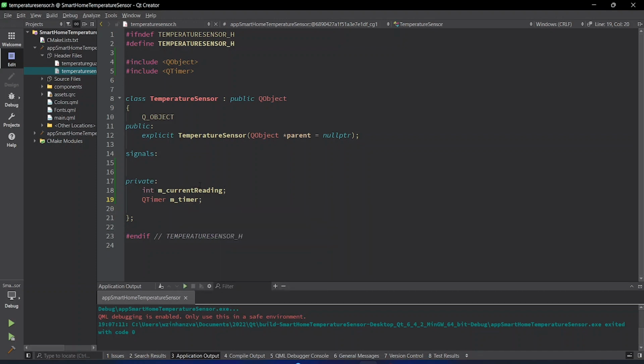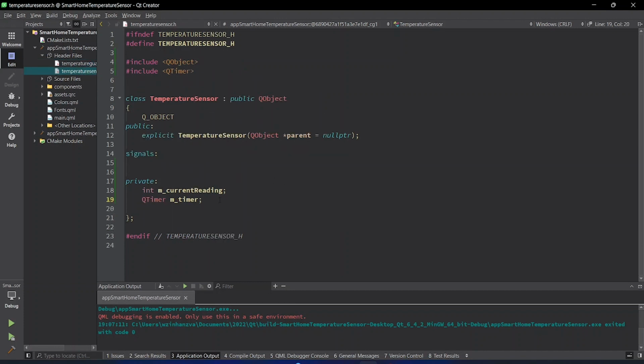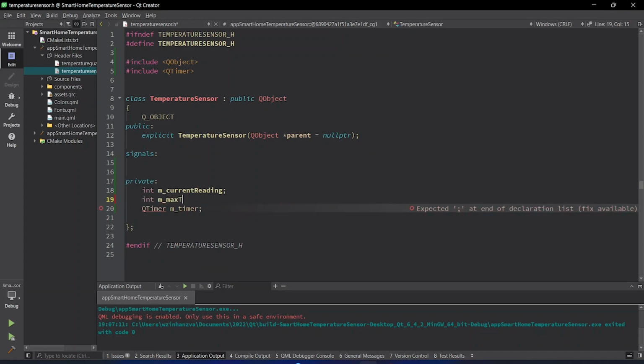If you recall from the previous section, I mentioned when we did this temperature gauge that the maximum temperature, the minimum temperature and the current reading are going to be supplied by the sensor. So we also need these members in our temperature sensor. So here we need max temp,